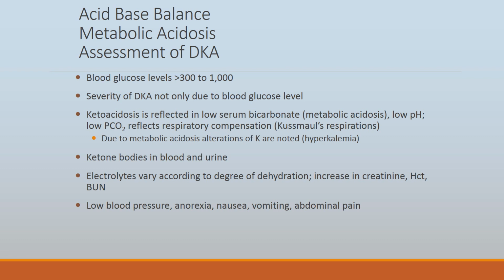So we'll see ketones in the blood and the urine. We'll see electrolyte imbalances because we're losing a lot of fluid, and so we're essentially being dehydrated. Okay. We'll have low blood pressure because we're losing fluid. We're having polyuria, and patients are going to feel very tired. They're going to feel discomfort, and they'll be nauseous and vomiting because of the high glucose. Actually, not because of the low glucose in the cell. Because the glucose isn't in the cell, it's in the vasculature.